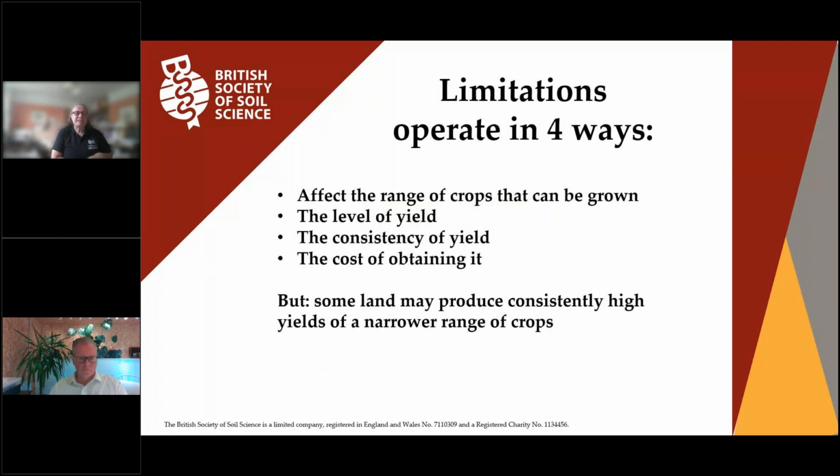But if you remember, it's a system of guidance, not a map as such. So the limitations operate in 4 ways. They affect the level of range of crops that can be grown. They affect the level of yield and the consistency of that yield, and then also the cost of obtaining it. But you need to know that some land may be able to produce consistently high yields of some narrow range